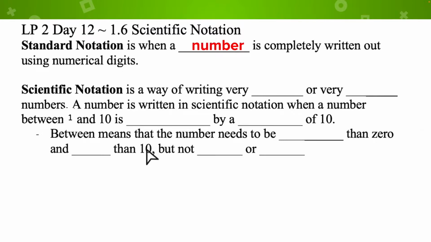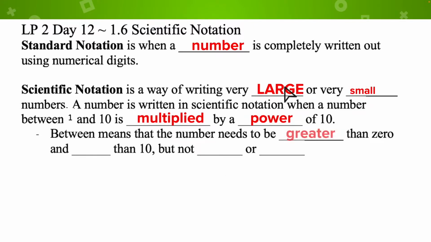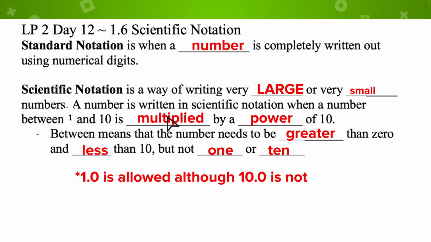They're just the number. But once we start to get very large numbers or very small numbers, it's a little inconvenient to look at it that way. So we have scientific notation as a way of writing very large or very small numbers. A number is written in scientific notation when a number between 1 and 10 is multiplied by a power of 10. So between means the number needs to be greater than 0 and less than 10, but not, that should say 0 or 10. 1 is allowed,